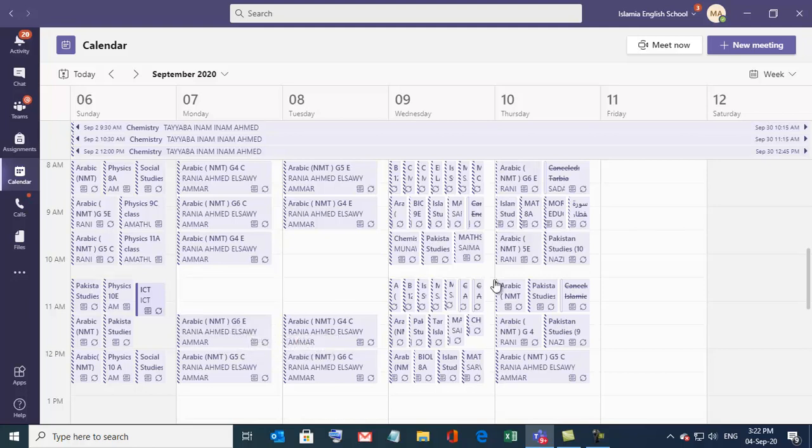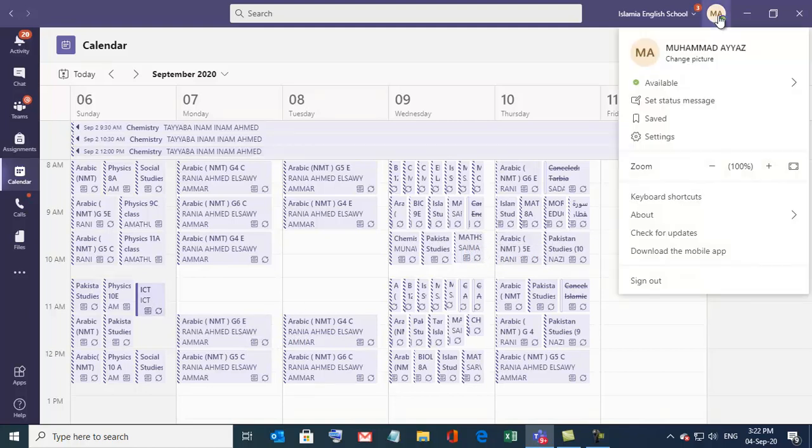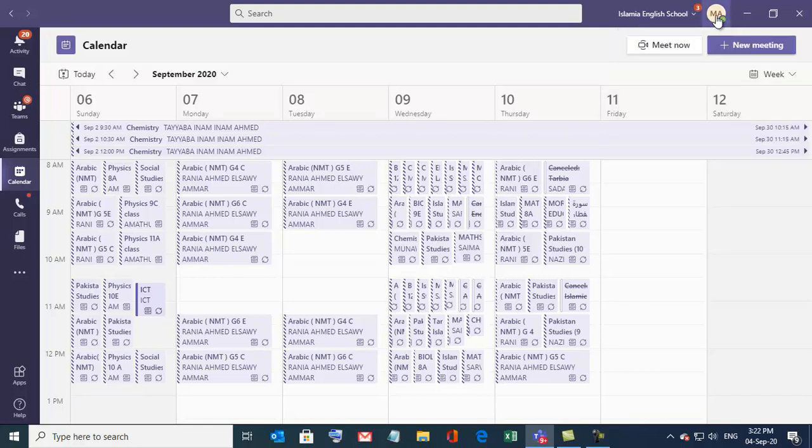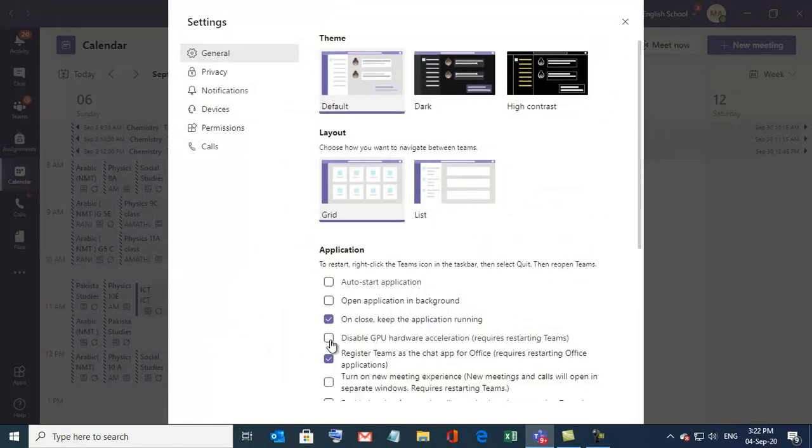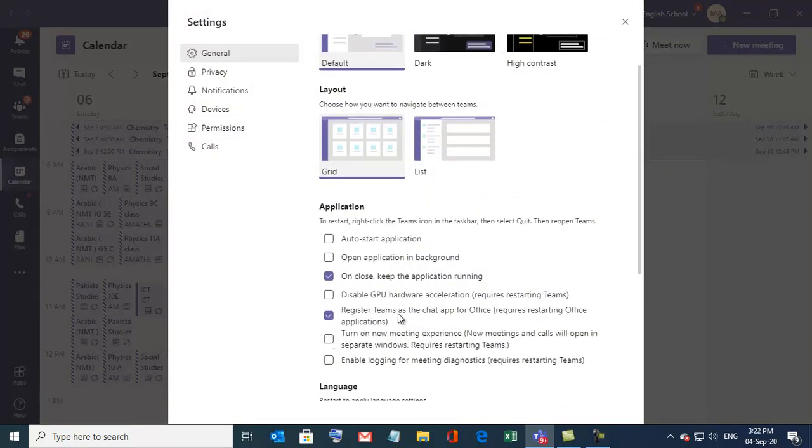Next, if you want to see all your students, first you go to your profile and settings. This issue was there, and some of our colleagues raised it. So go to profile and settings and check this: register Teams as the chat app, and turn on new meeting experiences.